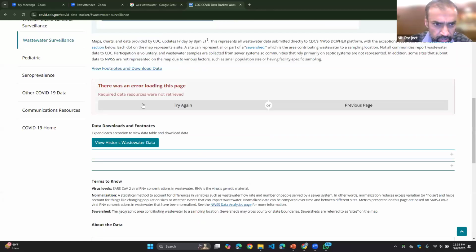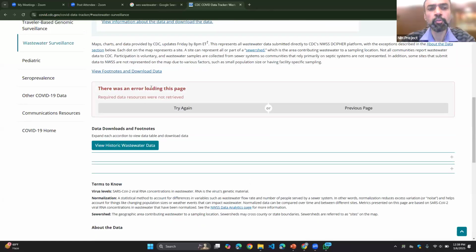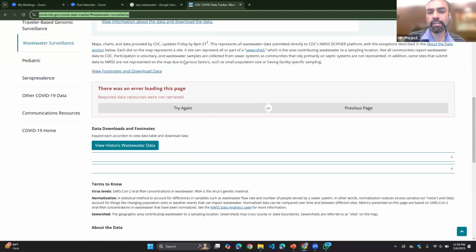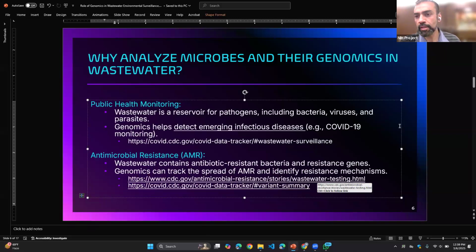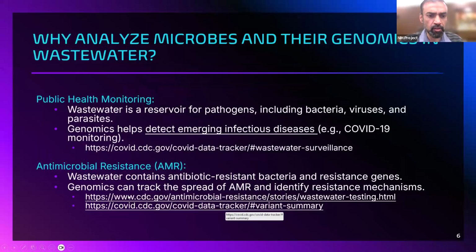So there are some problems over here in the loading of the page. You can see this link at your side, to see what things are happening in this kind of analysis whenever you have the genomics in. In the same sense, antimicrobial resistance is another thing for which we are going to analyze the overall genomics in our hands or in the wastewater. These links are also from the CDC site and may contain some kind of problem.